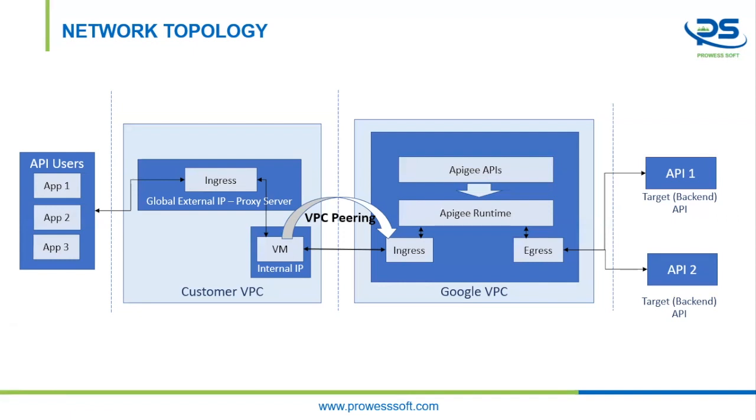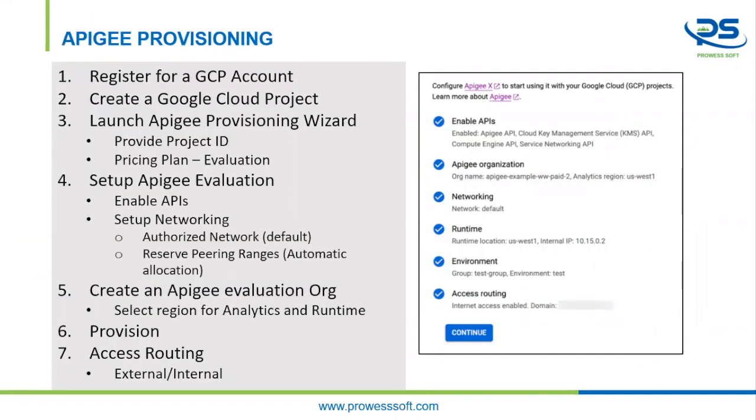Now that we have seen the various components that make up the network topology, let's take a look at the steps for provisioning. One of the first things that you would need is registering for the GCP account, obviously, and then you would create a Google project under which we are going to provision all of these various components that we had just gone through. So the Apigee Provisioning Wizard will let you attach your Apigee project to a certain project ID in the GCP,